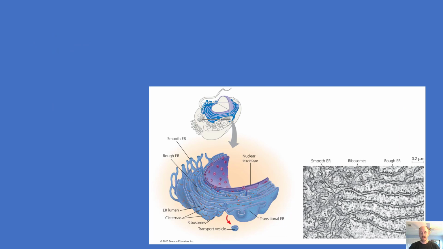So just look at the ER real quick. Here's the nuclear envelope again. Here's the rough ER, and then there's a structure known as smooth ER, which is a little different shape and has no ribosomes on it. The rough ER makes protein, and it's also responsible for some of the extra membrane that's going to be made by the cell. And the smooth ER